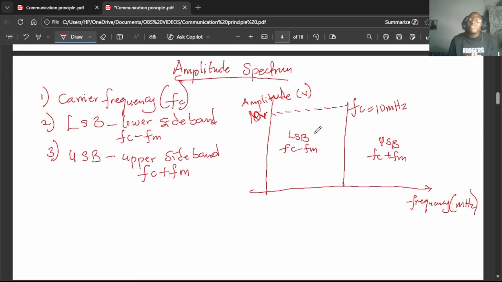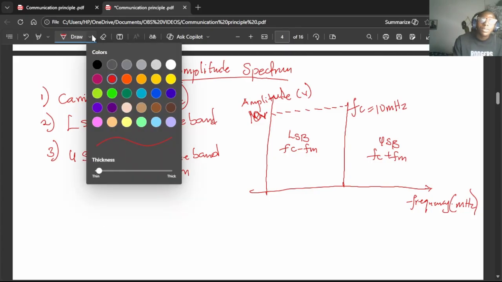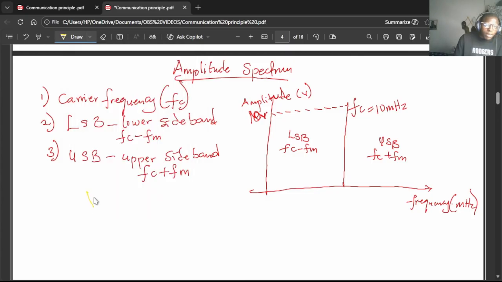Now you have to get the amplitude for your sideband. You have to get the amplitude for your LSB and the amplitude for your USB. Now how do you go about that? Remember, when we are talking about sideband, on our last physical class, I gave you an equation that says VC, VSB,